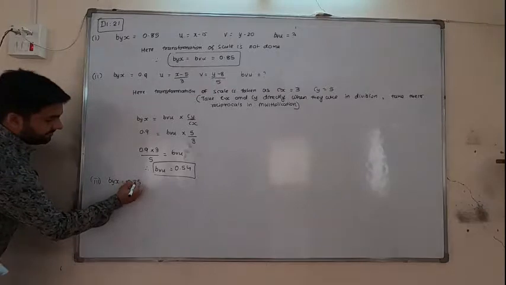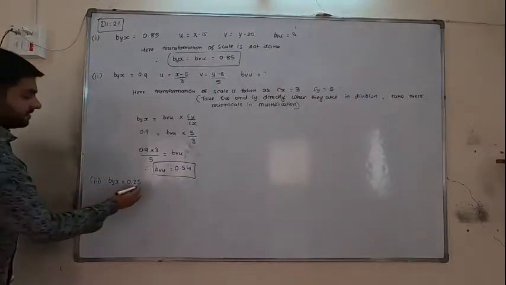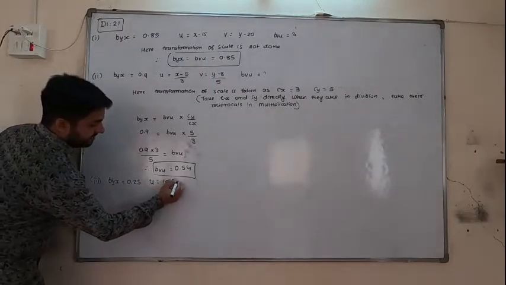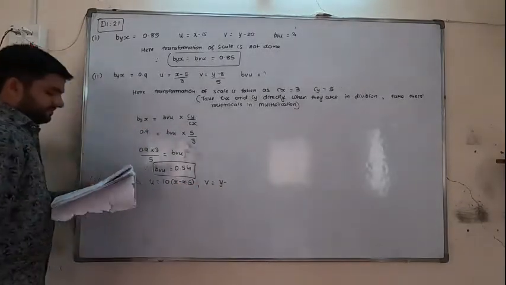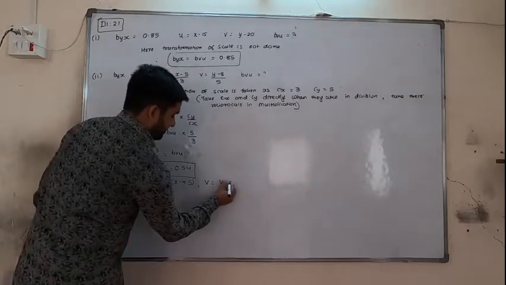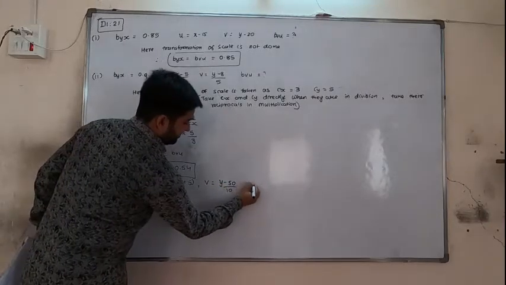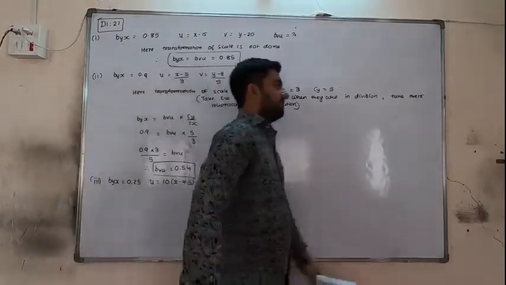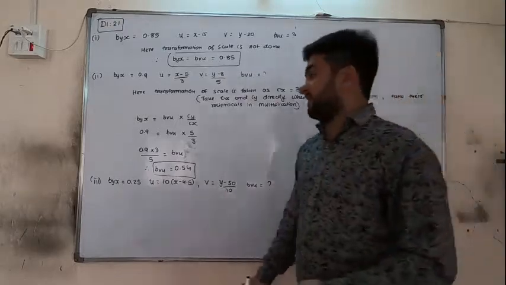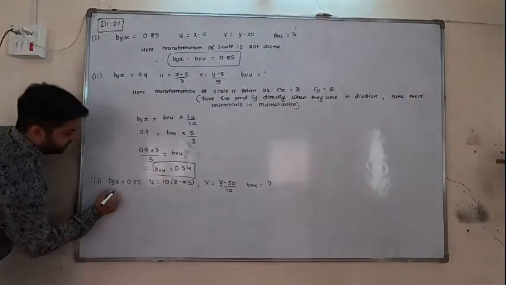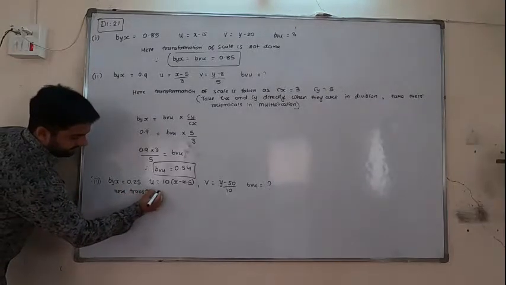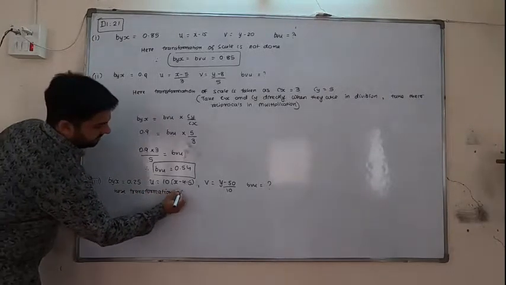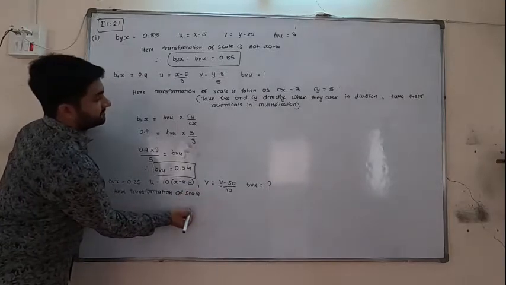Byx is 0.25. u is equal to 10 in bracket x minus 4.5, v is equal to y minus 50 by 10, Bvu question. Here also scale transformation is done. Here transformation of scale